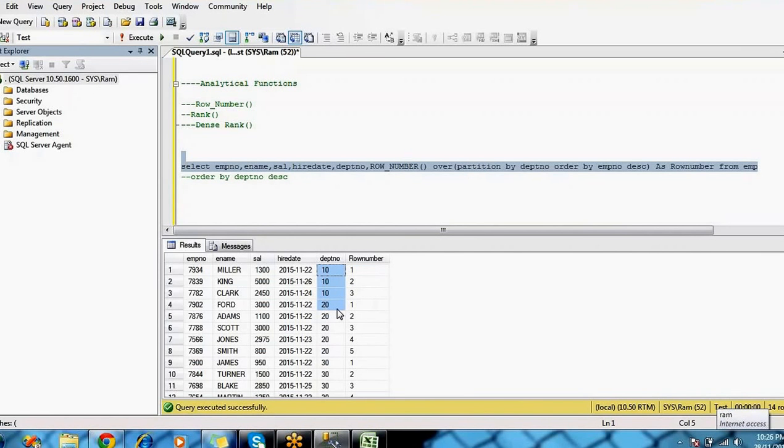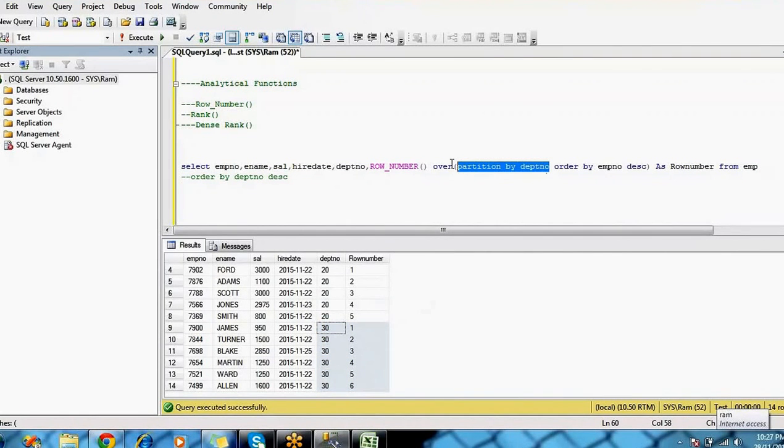Again for the 20th department it gives 1, 2, 3, 4, 5, and again for department number 30 it starts a new partition. The reason is you are partitioning on department number. Got it? So this is about the row number function.